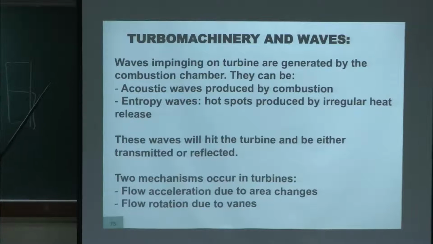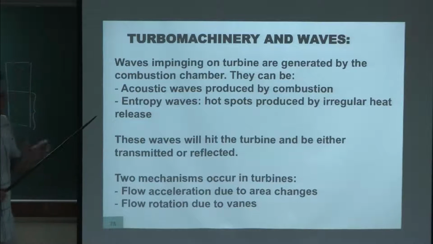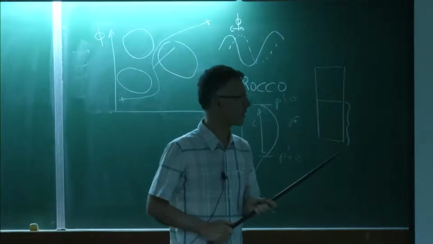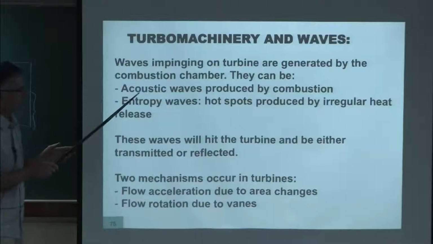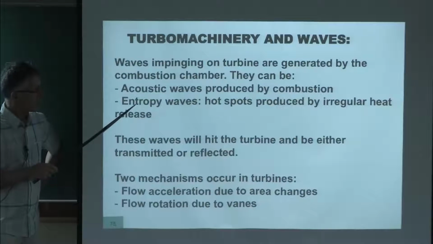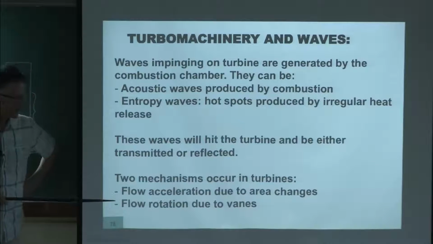Now, we need to start talking about something that Professor Candel just flashed one slide of yesterday, but didn't talk about after that. It's entropy waves. That's also called indirect noise, and that's direct noise. There are two ways by which the turbines, for example, act on the acoustic field. If you send an acoustic wave on the turbine, it's going to be reflected. That's okay, everyone understands that. But there's a more subtle mechanism. If you send an entropy wave on a turbine, it will create reflected acoustic noise, and that's a major problem.